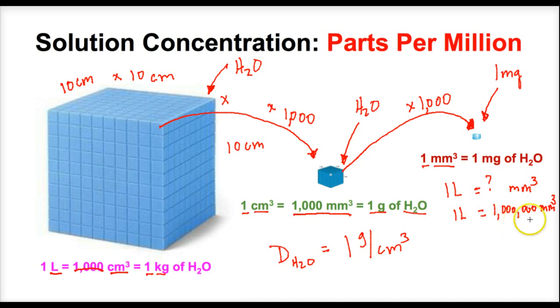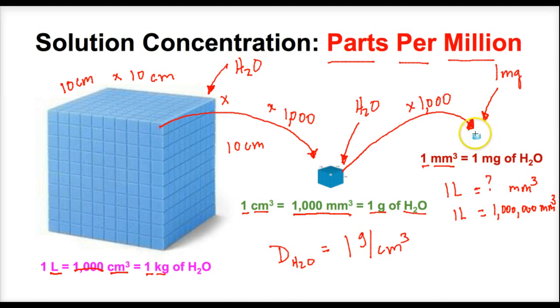Okay, so there are 1 million cubic millimeters in 1 liter. So how does all this apply to the concept of parts per million? You're probably wondering that. Well, if this were some sort of dissolvable solute, like fluoride or chloride, which they put in tap water, or arsenic or lead, which are some contaminants that are in some of our tap water, or well water for that matter, we might want to know how many parts per million there are in that water